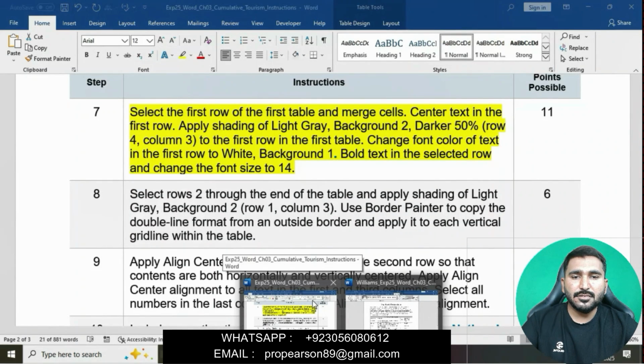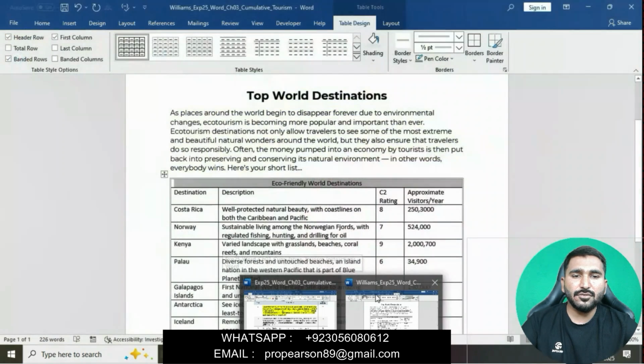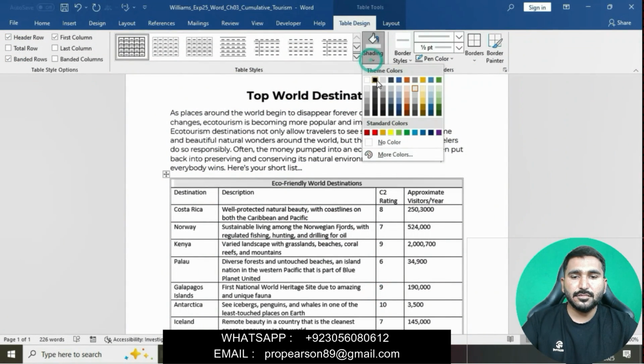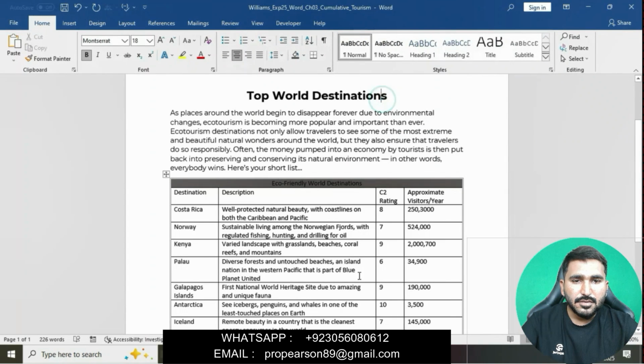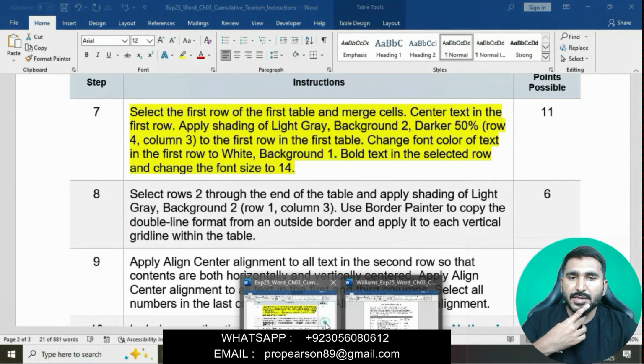Shading is light gray, background 2, darker 50%. Background 2, darker 50% is here. Okay, I have applied this shading.